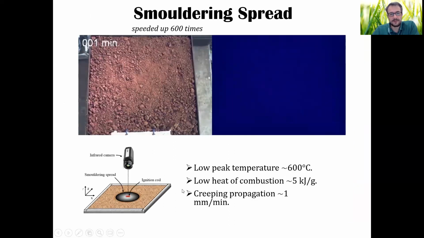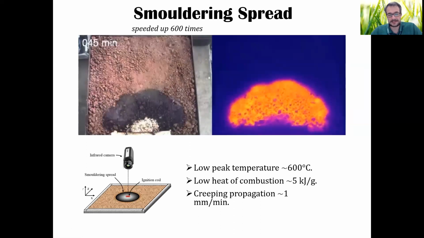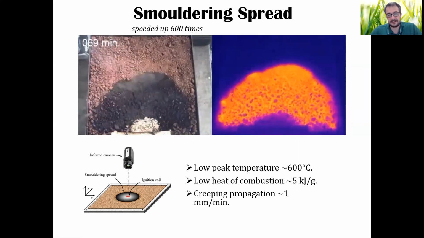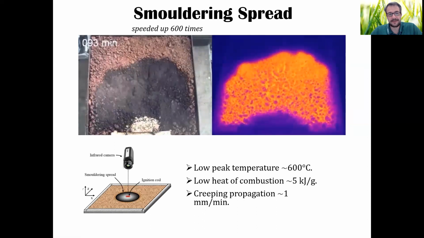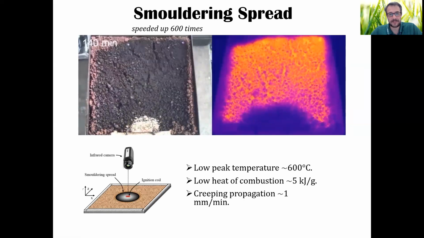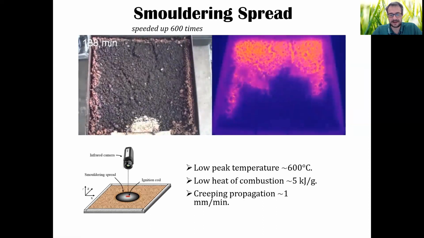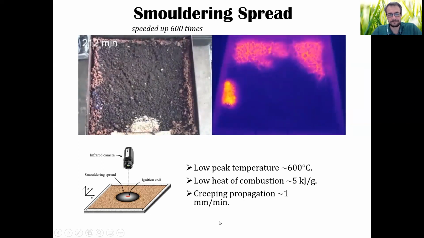This is a little bit of what we know. I'm going to show you a video that has been recorded in the lab, imaging a thin layer of peat, which is organic soil. We are seeing it from the top, and we ignite on one side. It has been accelerated 600 times, so I can actually show you this in just a minute. You can imagine the length of patience that the researchers need to have in the lab to study each of these experiments, and we conduct these experiments by the hundreds in any given year.